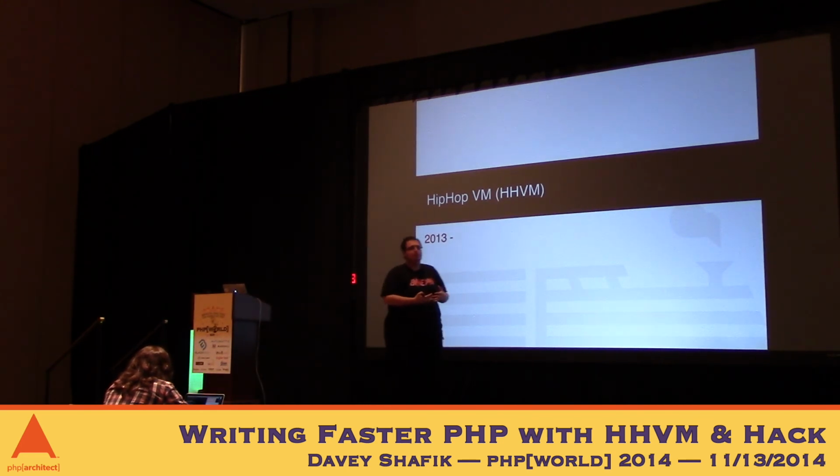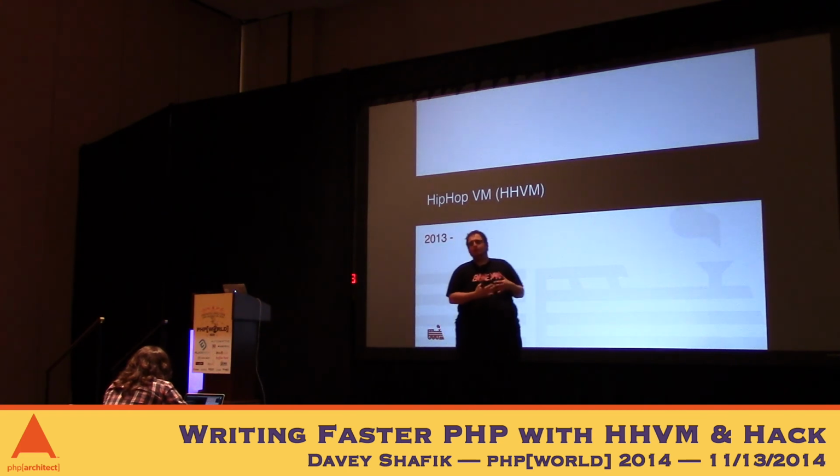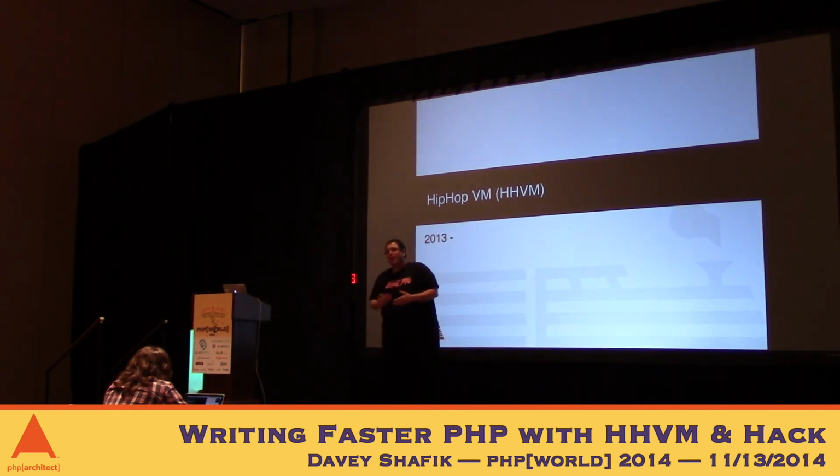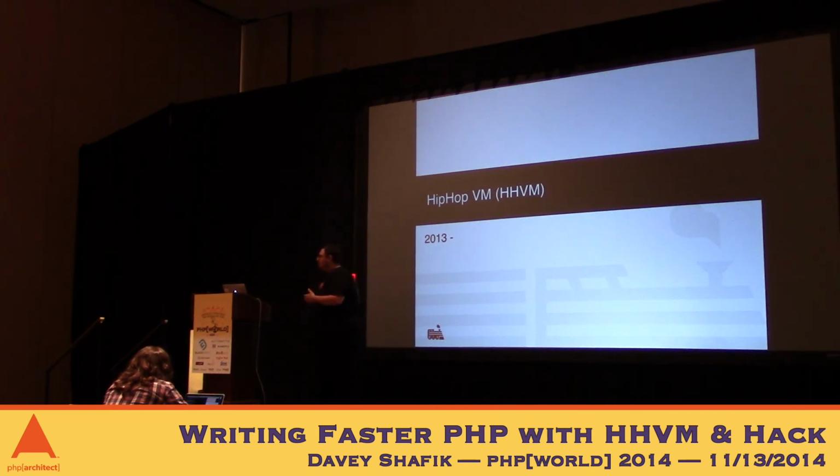And what that allows it to do is, with a little bit of analysis, take a look at your code and see what things it can compile for you on the fly and run those really, really fast, as opposed to just really fast. So HHVM is really, really awesome. By default, in its interpretive mode without the JIT, it's about twice as fast as current PHP.